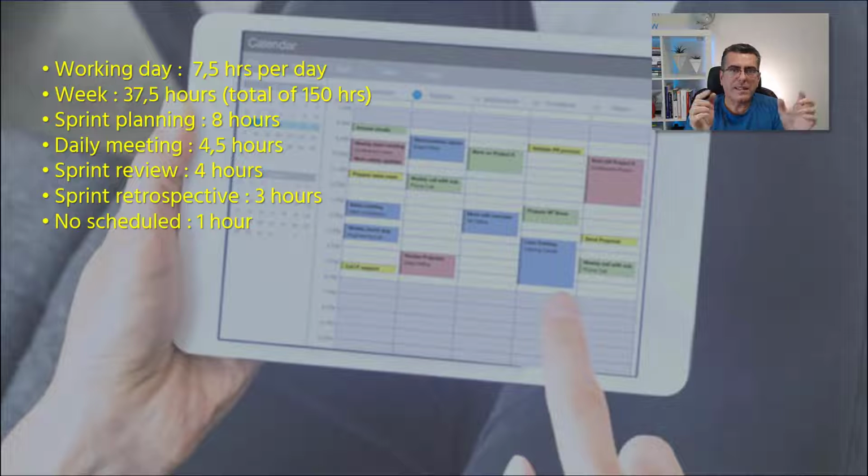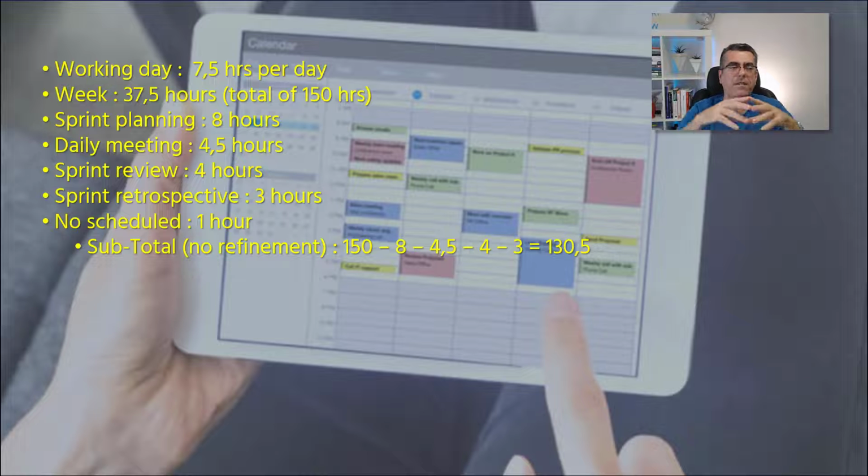If you don't schedule that hour that you finish in the last day, you're going to have in total, with no refinement effort, about 130 and a half working hours in your 4 weeks sprint.